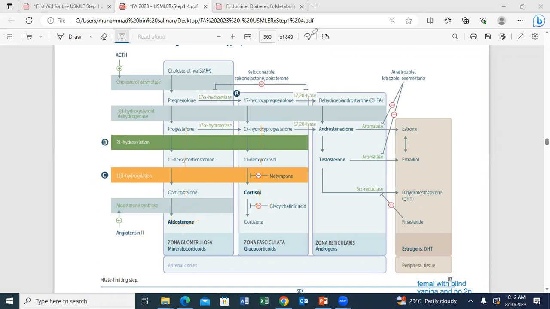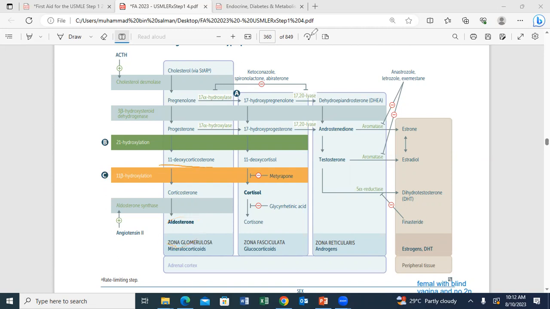Since both of these enzymes are required for the formation of both of these hormones, there must be a similar clinical presentation. But the difference is that in 11 beta hydroxylase deficiency, although aldosterone is not formed,